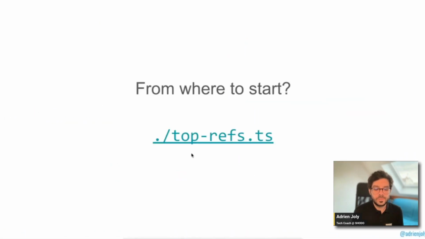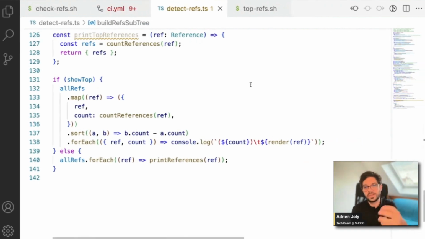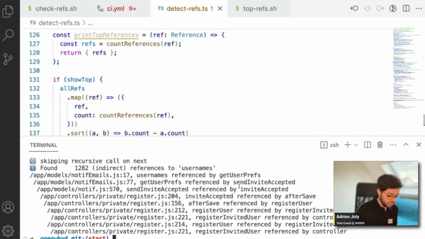So now we are able to count the references to the symbol that we want to delete, which is a great start. We know how we want to proceed. We were able to count the references to warn the developers if they ever add some dependency on that symbol. But still, it's hard to know where we want to start. In order to do that, we can reuse a variant of that script, which I will invoke using another shell script